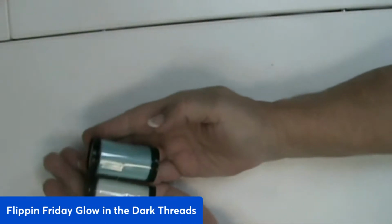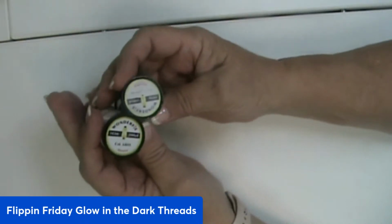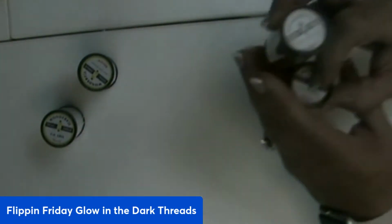So there's two different kinds of thread. There is glow in the dark. Now, these are from Wonderfill. You can get them at amybachman.com. They're very nice and they're very needle friendly. Okay. And then we have, this is called,